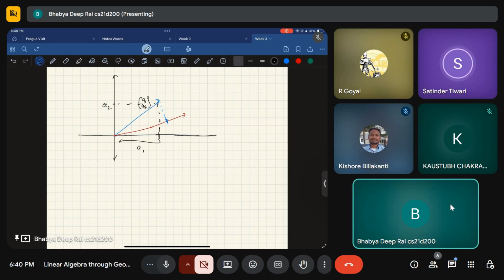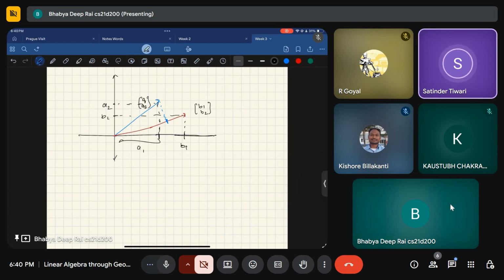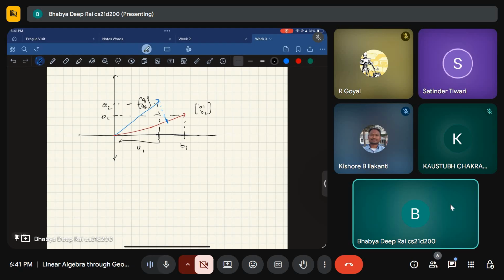So what does it look like when you view it from the x-axis? When you are projecting along here, what you get on the x-axis is that A1 is like this and B1 is along like this. They are agreeing, A1 B1. When you look at the y-axis, then you get the total amplified impact, because one is A1 and another is B1. So overall impact until now is fine. But what you are doing in the dot product is that you are doing A1 B1 plus A2 B2.